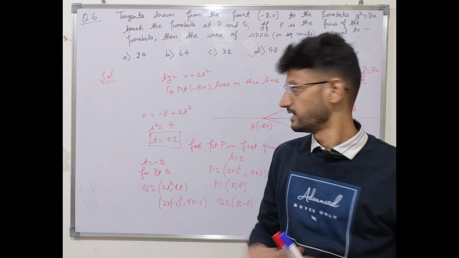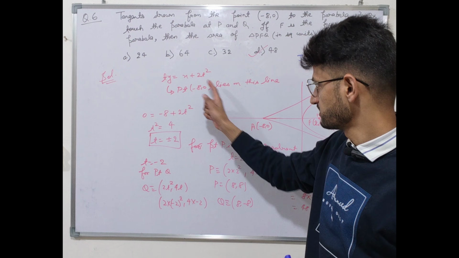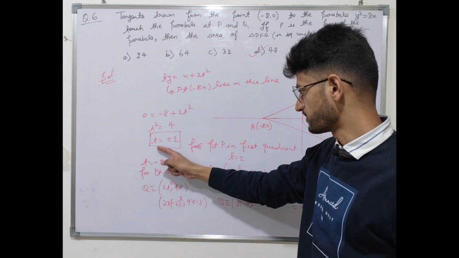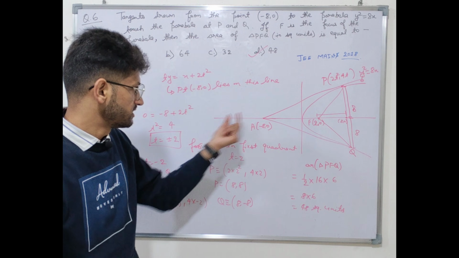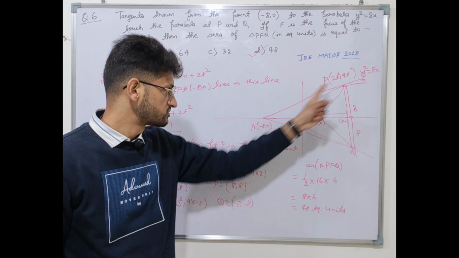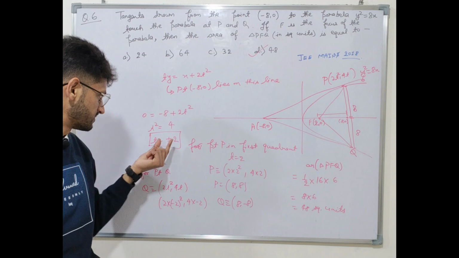Since we are aware that this tangent will pass through point (-8, 0), we have simplified this with (-8, 0) and obtained that t will be plus or minus 2. In case of the tangent, if the tangent passes through the point P, which lies in the first quadrant, in that case the value of parameter t will be plus 2,